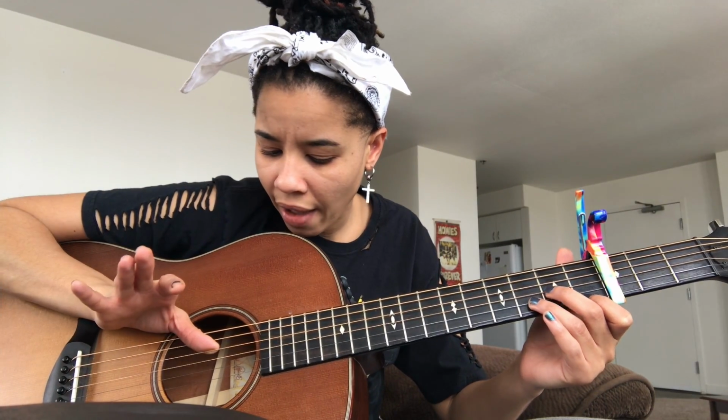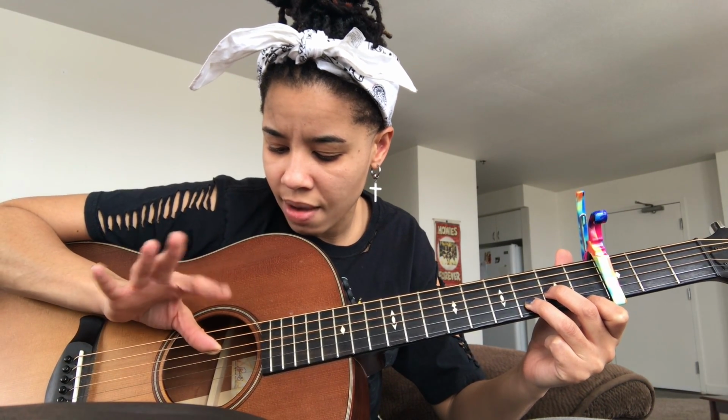With my right hand, I'm starting with my thumb, then my first finger, then my middle finger, and then my ring finger. And I'm doing that same pattern for each chord. So for D minor, E minor, I'm going to start with the low E string, skip the A string, then D, G, and B string. Then I'm going to go to the F major chord, again pulling the low E string, D, G, and B string, and then G major, ring finger on the 3rd fret of the low E string,